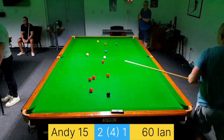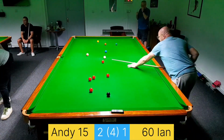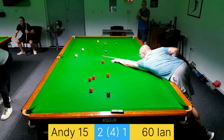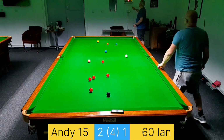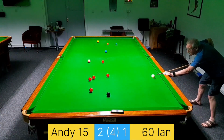Got into that one a little bit too much. I was thinking that I could have actually screwed back past the blue, but it would appear that I didn't, so I played the wrong shot there, and I should have rolled through on that last red because I would have had a shot on blue or pink,